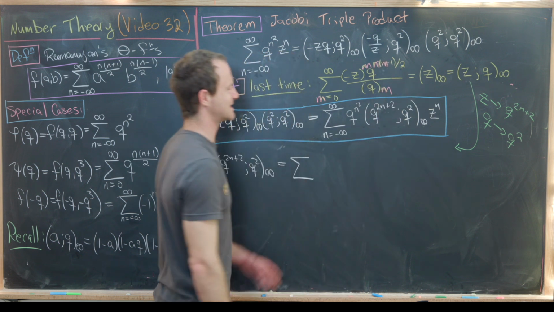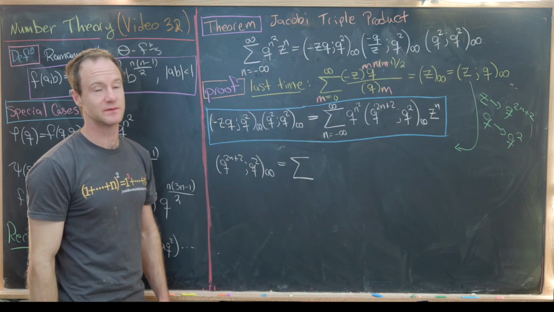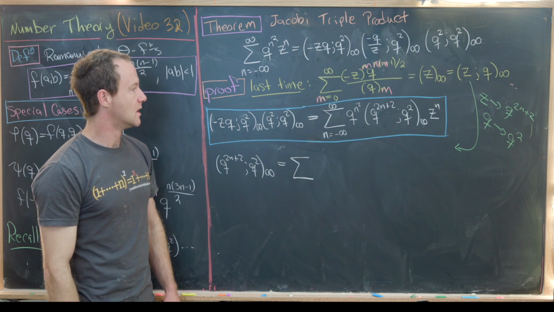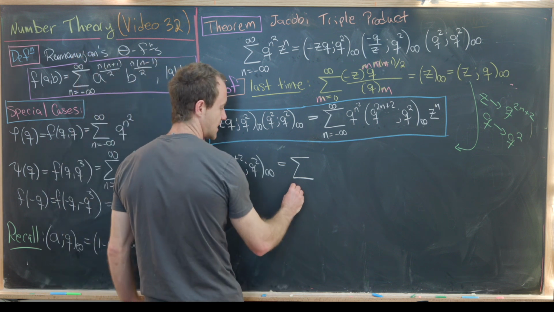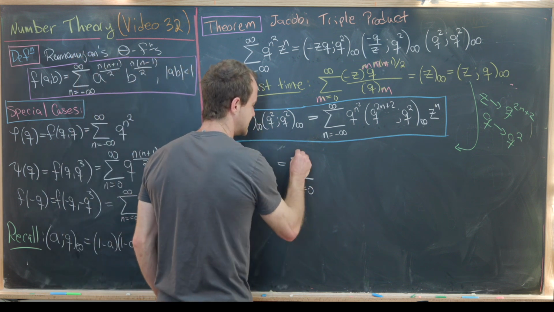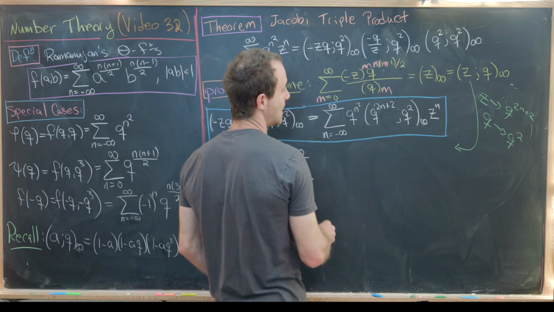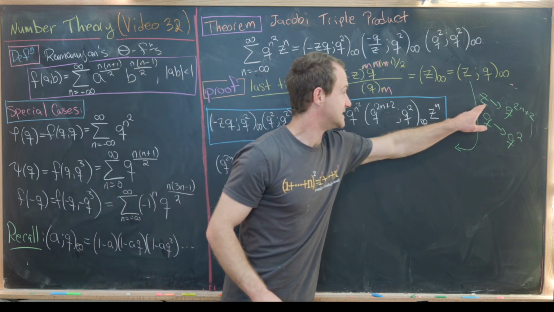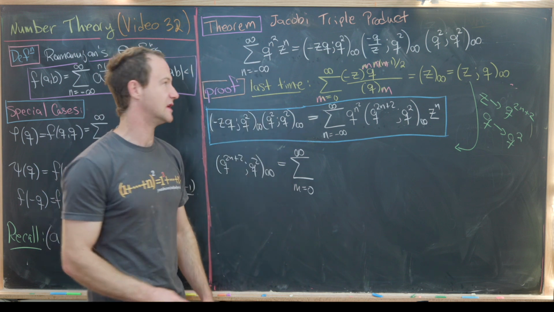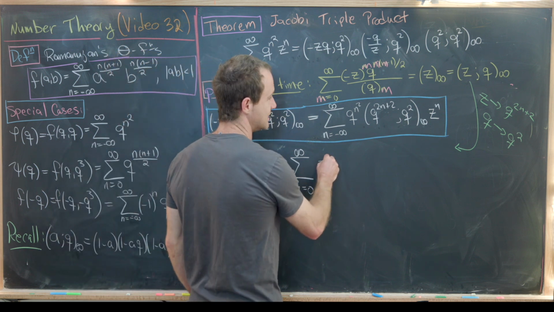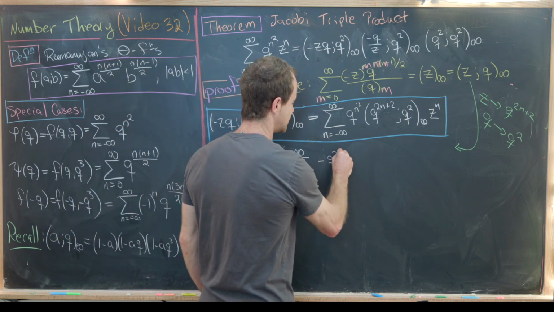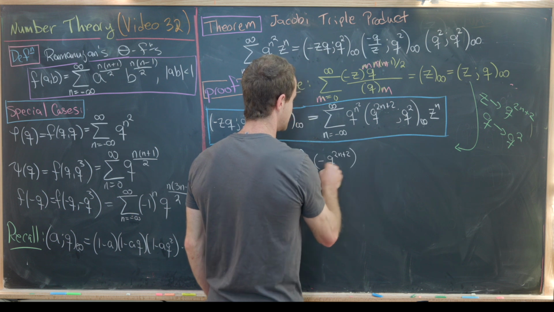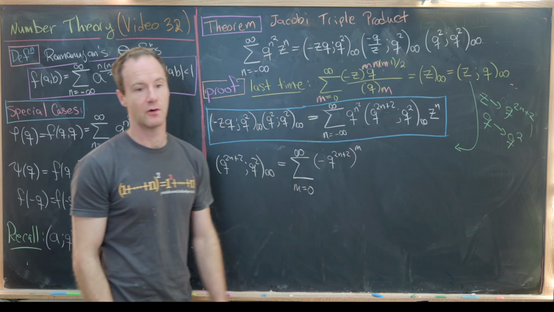Okay, so there we've got, that's a little messy, but those are just all m's where the n's were. So that's going to leave us with the sum as m goes from 0 to infinity of, well, it's going to be minus z to the m, but now z is this q to the 2n plus 2. So that's going to be minus q to the 2n plus 2 to the m power, and then